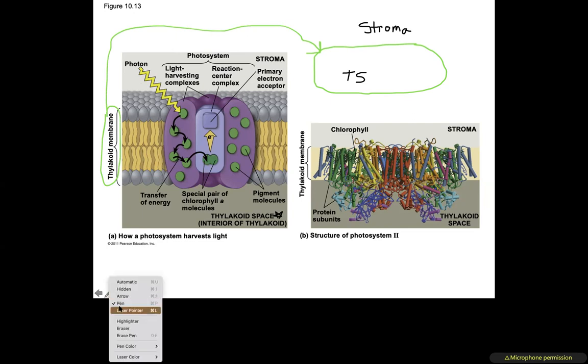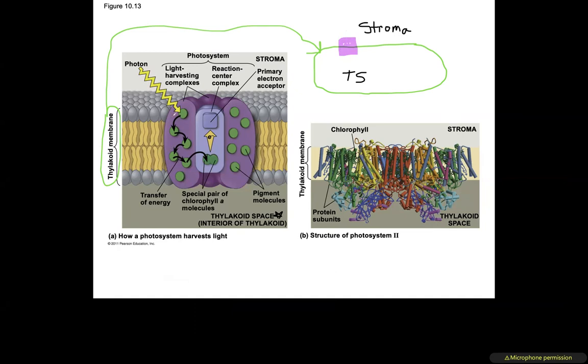in that thylakoid, embedded in the thylakoid membrane is going to be your proteins. And you've seen this before. You've seen this illustrated with our cell membrane, where your cell membrane has proteins. Well, it's going to be the same. And so let's go ahead and draw a protein on the membrane. Boom. All right, now that you got the gist of what we're looking at, now I'm going to refer to